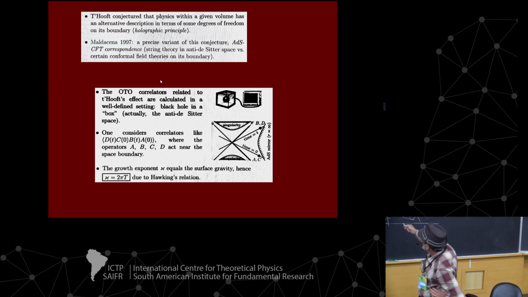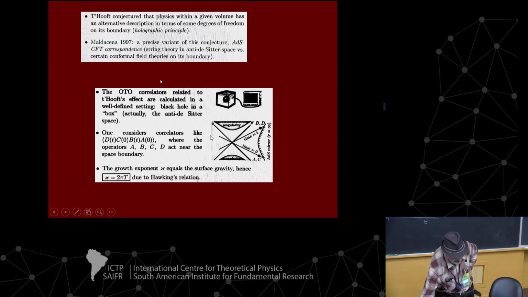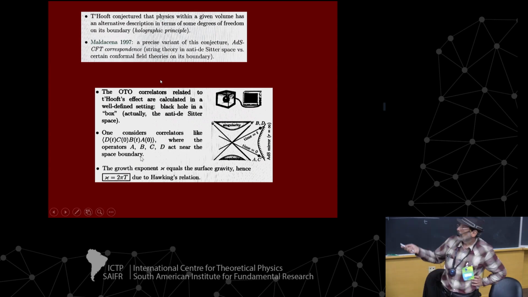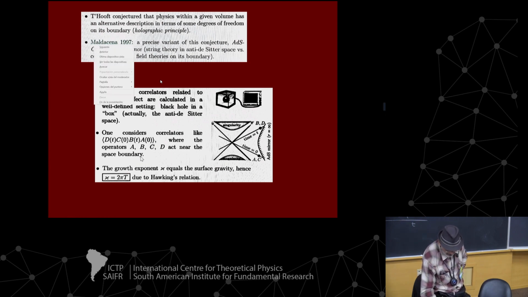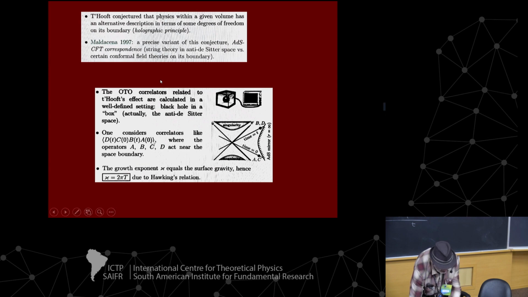And they say, okay, the instability, which is essentially proportional to the temperature, and the temperature is related with the gravitational strength of the black hole. That's the Hawking radiation. And then these issues started to arise,